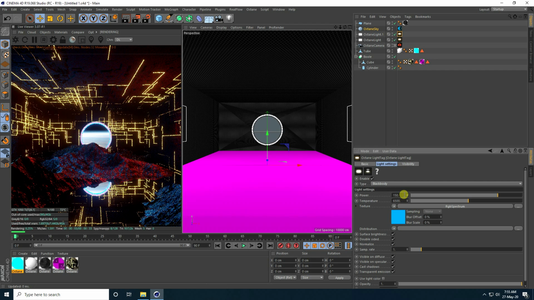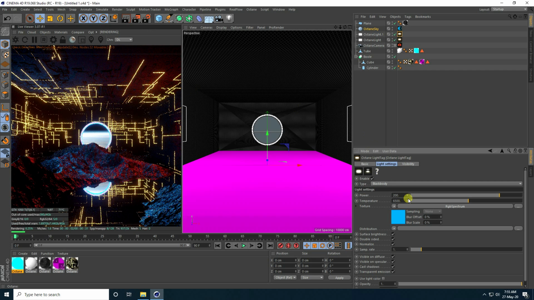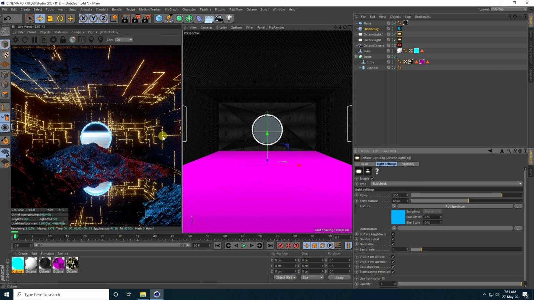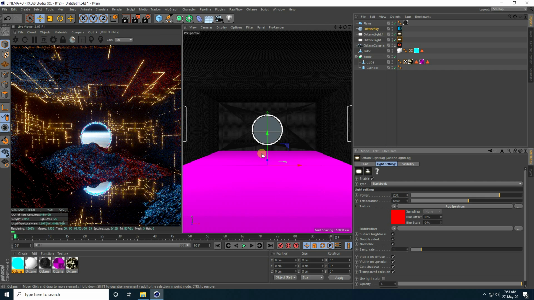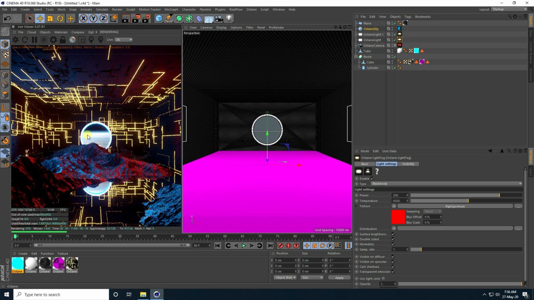You can increase more like 200. See guys, it's really good. So select this one. See guys, that's my concept science fiction effect.